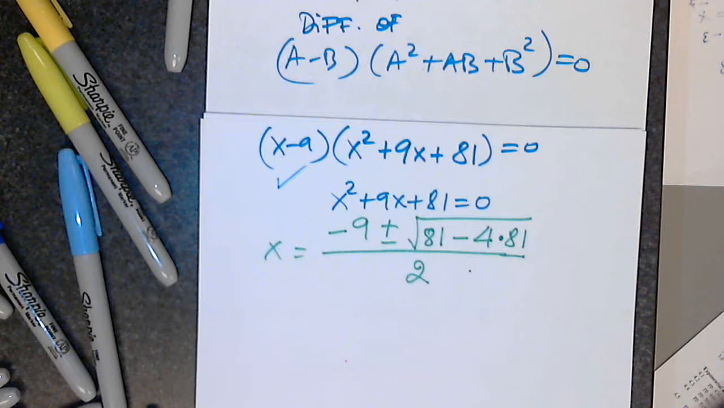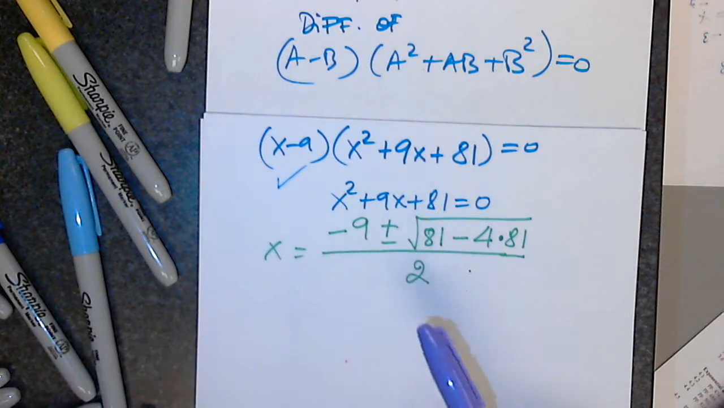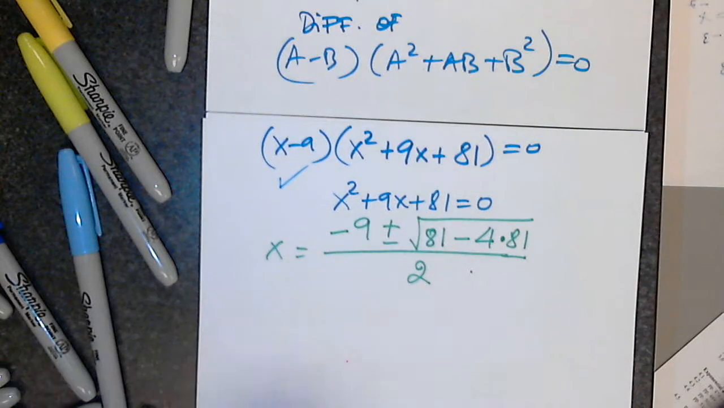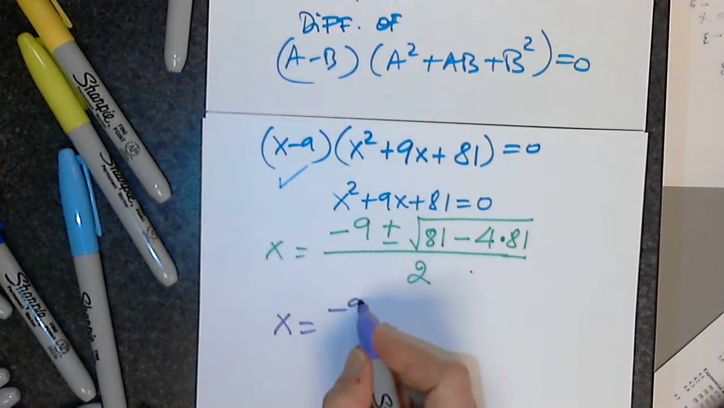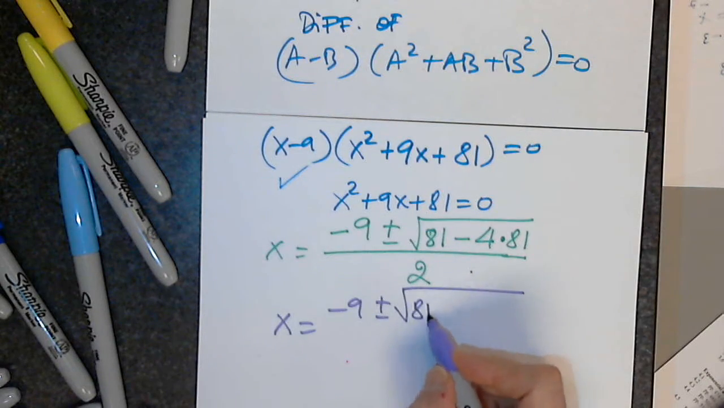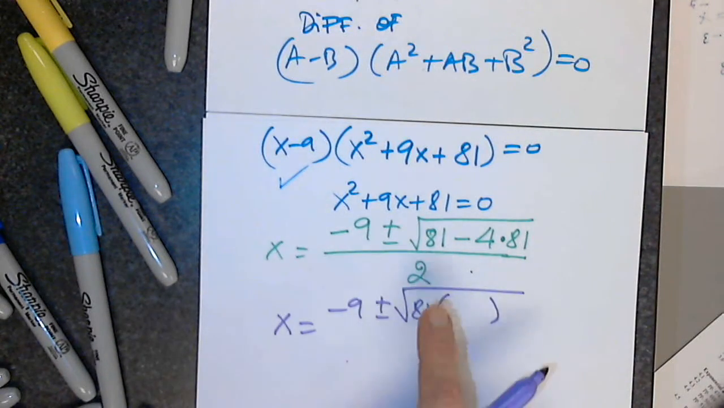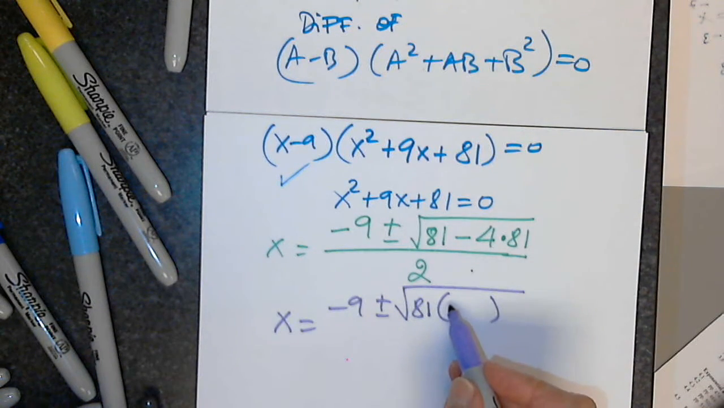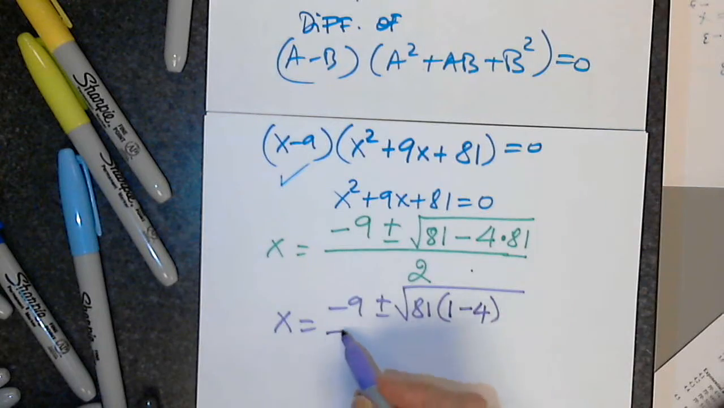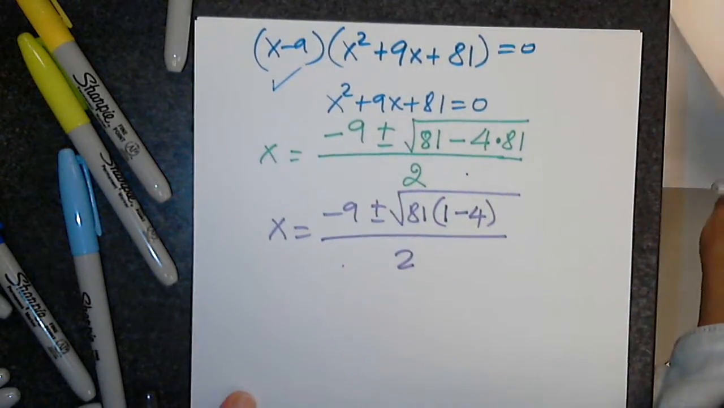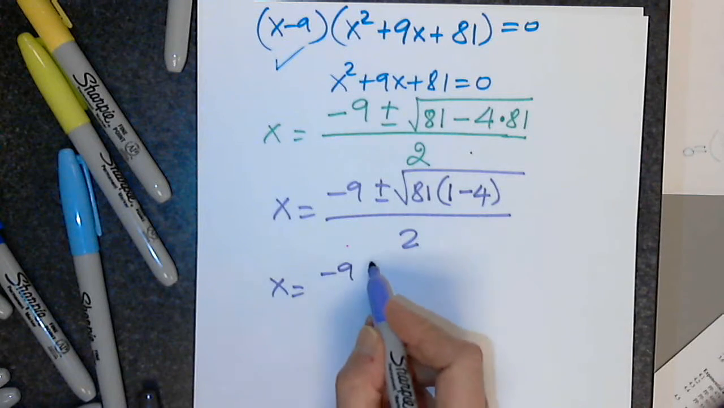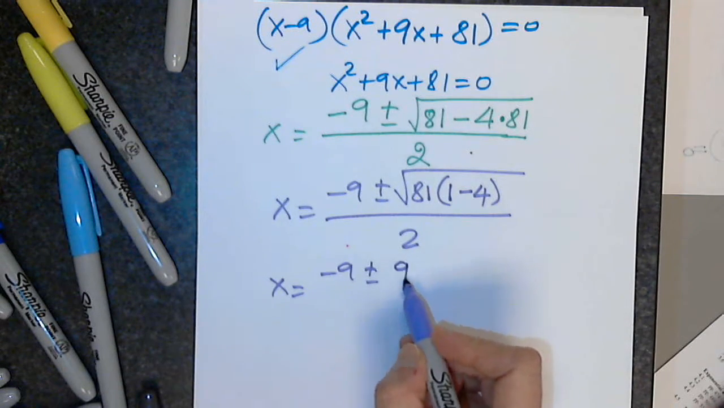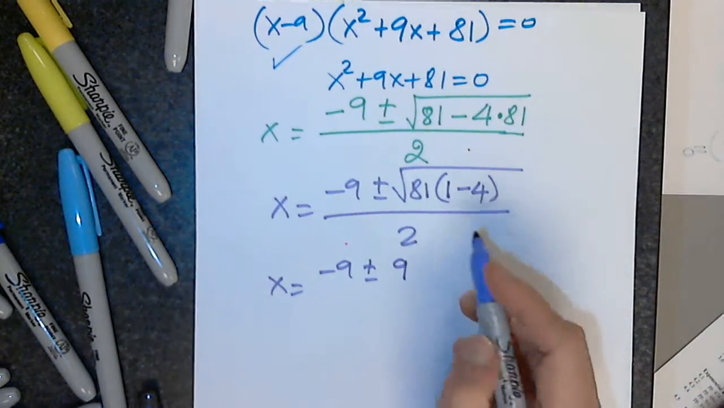Again, I recommend factoring out 81. You make your life so much easier versus performing this operation. So then x equals negative 9 plus or minus the square root of 81. What is left in parentheses? What times 81 is 81? 1 minus 4, divided by 2. And then the square root of 81 will be 9, and the square root of negative 3, we looked at it last time, will be